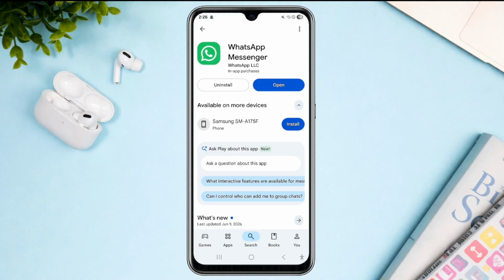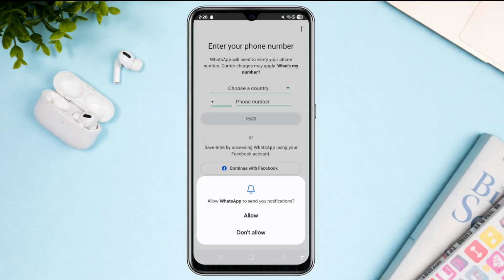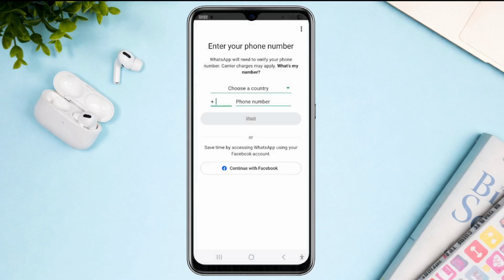And then say this is going to be the new phone that you're going to be logging in. Once you've successfully downloaded WhatsApp Messenger, just simply open it. Then from here, just simply choose on agree and continue. Now you'll be redirected into this field right here that says enter your phone number. You're gonna have to choose on the three dots at the top right, and then choose on link as companion